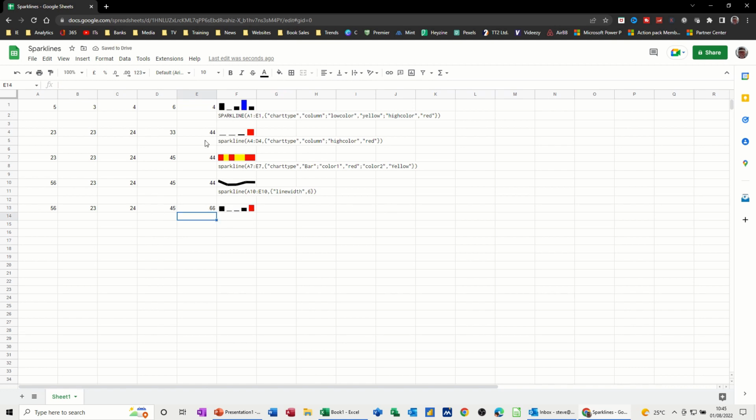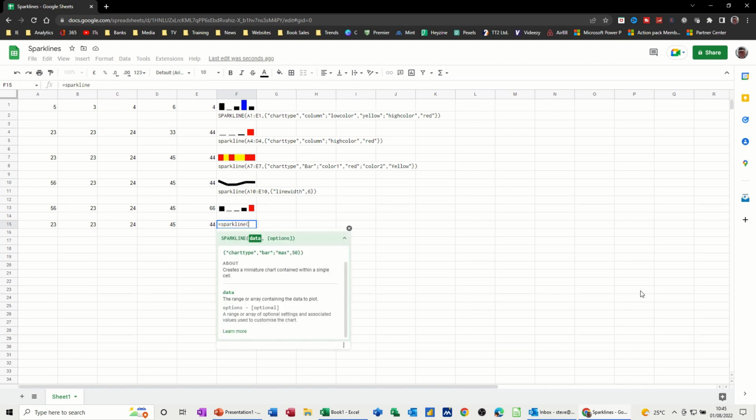The next one is column high color red, so that's the same. And then this one is a bar chart with red and yellow, so you've got color 1 and color 2. Let's do that one. If I just copy this data, and paste that down there. So I've got equals Sparkline, open the bracket, open a normal bracket, select the data,